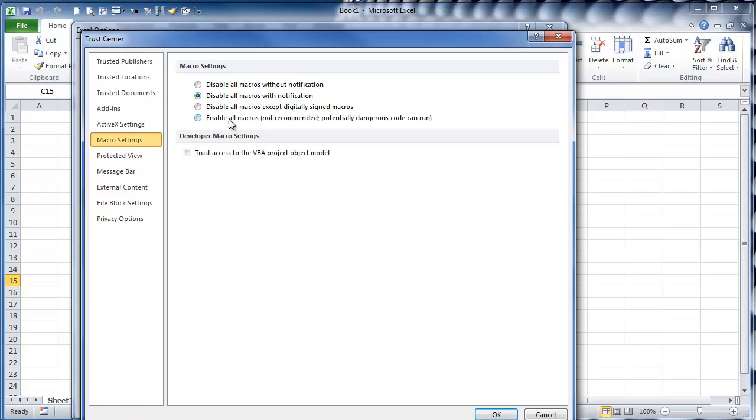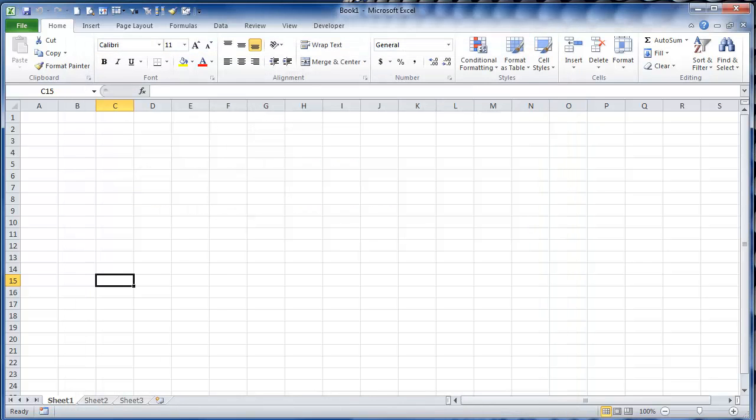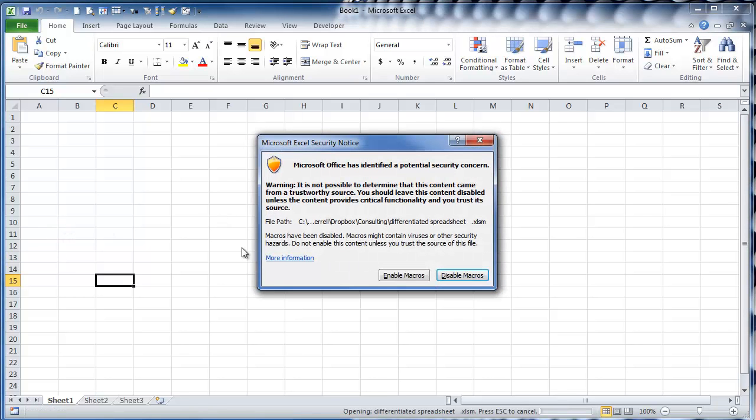I recommend that you go there, click on disable all macros with notification, and then if you click OK, it's going to set those settings. Now I'm going to show you what happens when you open a workbook with macros. So I've closed those windows, and now I'm going to open up a macro-enabled workbook, and it gives you this